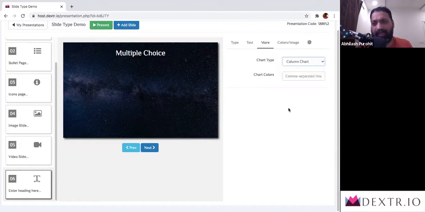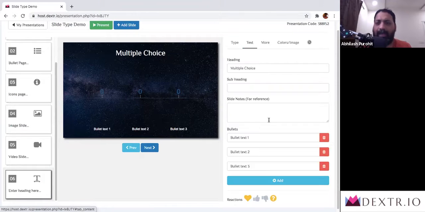Column chart is one. Once again, chart colors are slightly advanced features for people who want to control every aspect of the color of the charts as well. If you are a beginner and you're watching this video, I strongly urge you against using this now. You need to understand color theory, how colors work, and be able to get it properly with right hex codes for it to work. Initial stages, stay away from this for a while. Once you're a little more comfortable with the platform, come back and use the chart colors.